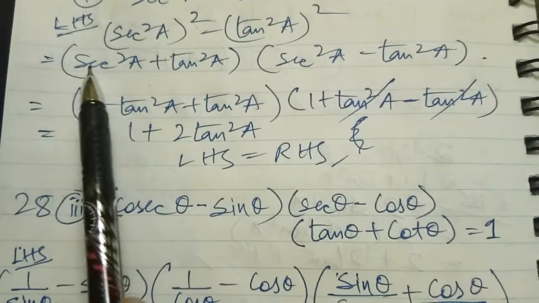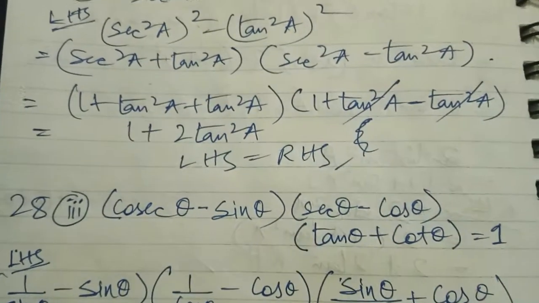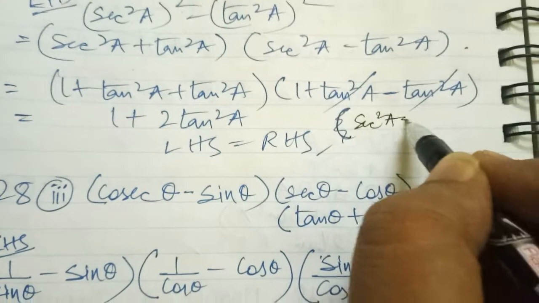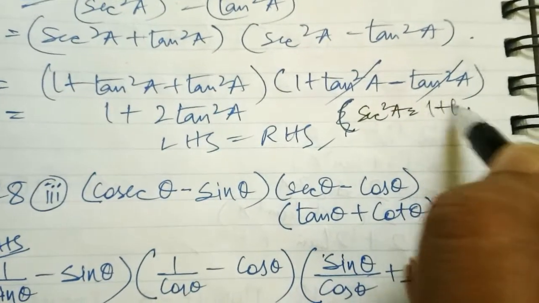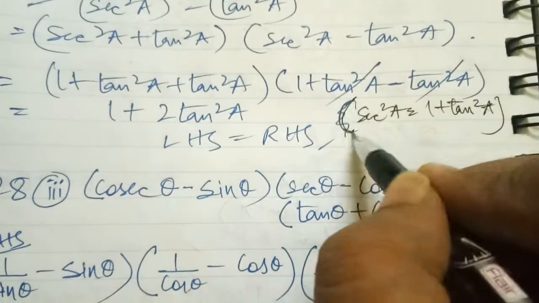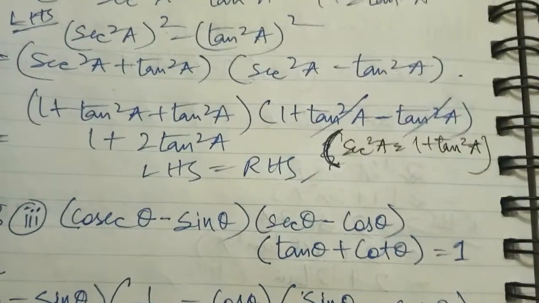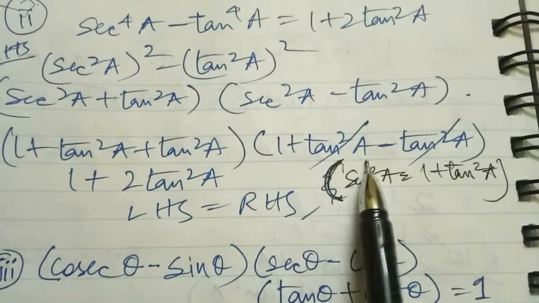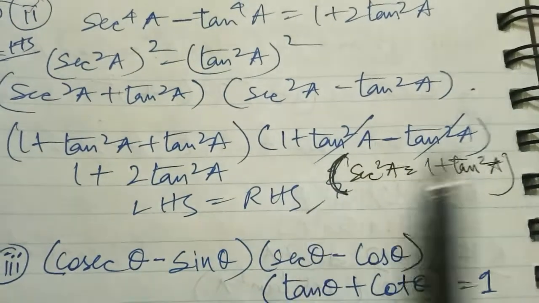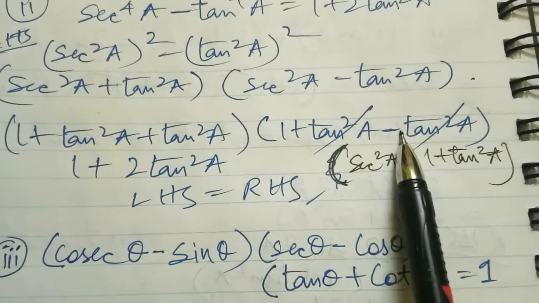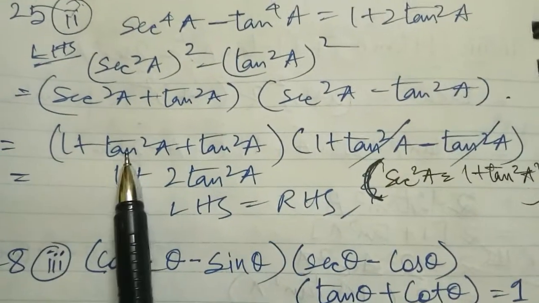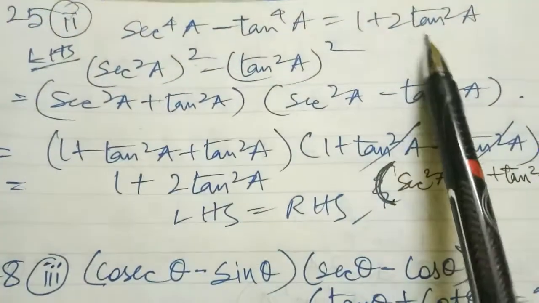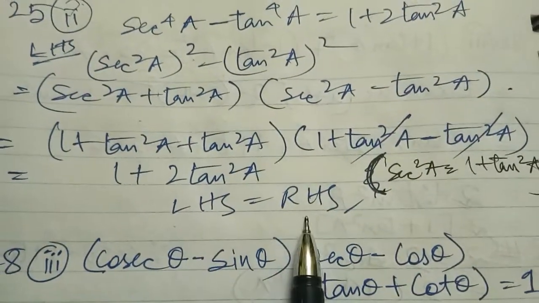Again from here, see, we know the value of sec square a. What is the value of sec square a? Sec square a equals 1 plus tan square a. I can easily write it down. See, I have written the same part over here, and in place of sec square a, I have written 1 plus tan square a. In this bracket, this one and this one cancel out, this is plus and this is minus. Now what is remaining? 1 plus tan square a plus tan square a, 2 tan square a. Then see what is coming, with the right hand side, that means LHS equals RHS. Okay.